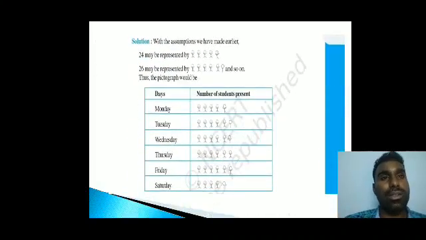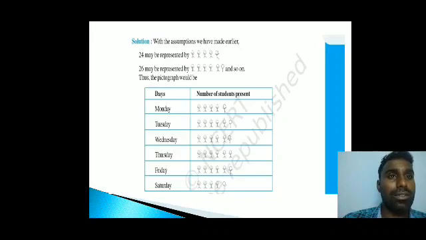So what is the solution? With the assumption we have made earlier, 24 may be represented by 1 2 3 4. Here you have to know that each complete symbol means 5. So 5 plus 5 plus 5 plus 5, 4 fives are 20, and one leg is missing. In that picture, the missing leg means 24. So what about 26? One complete picture of 5, and if one leg is missing it means 4, and if any two are missing it means 3. This is the kind of way.